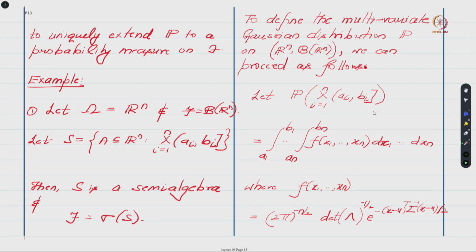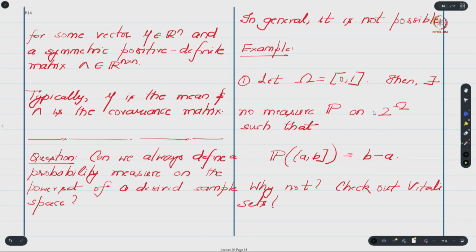So how do we ensure that? Well, the idea is that we will rely on the Carathéodory extension theorem to say that once we have defined a probability measure on this semi-algebra, we can extend that definition in a unique way to a probability measure on the sigma field. Okay, in this course I won't have time to go over those details, but